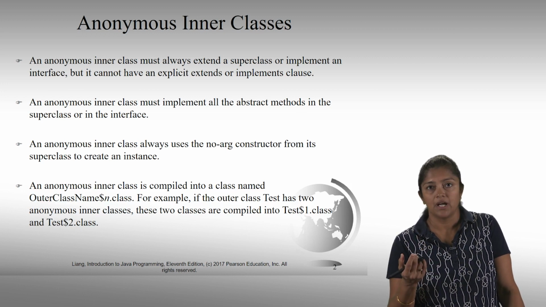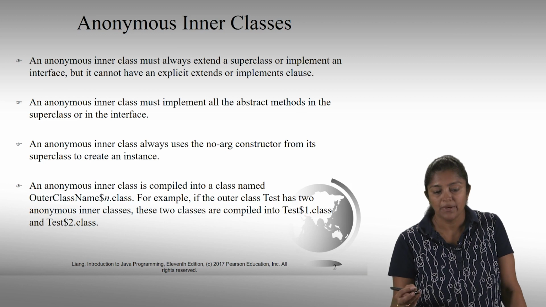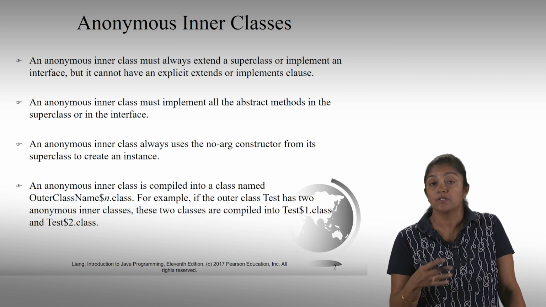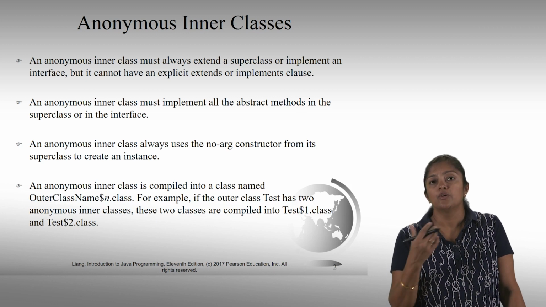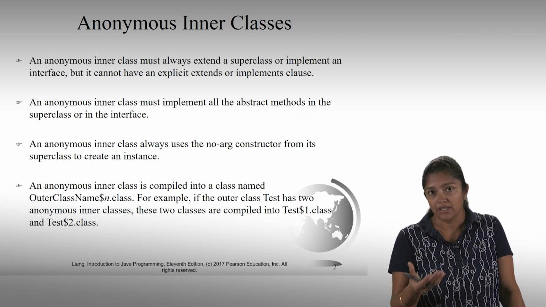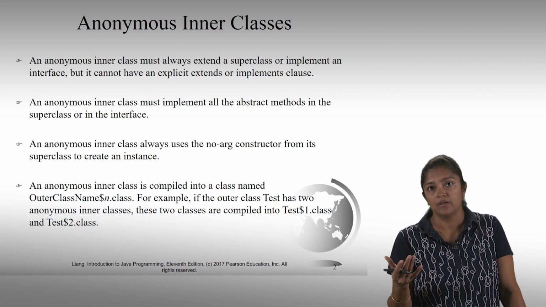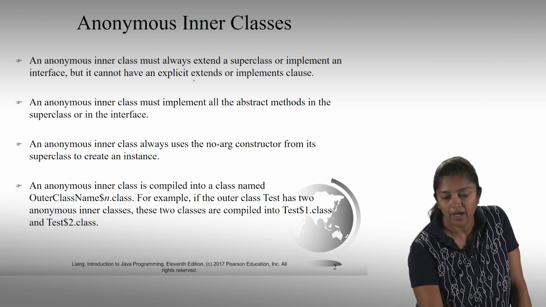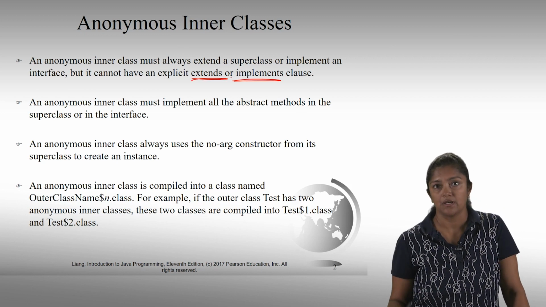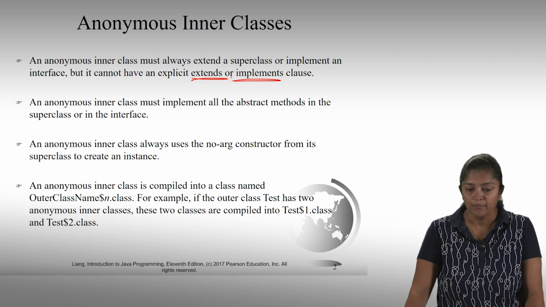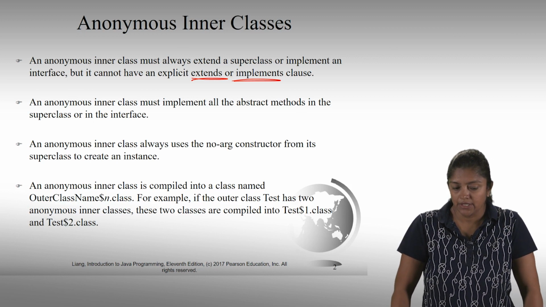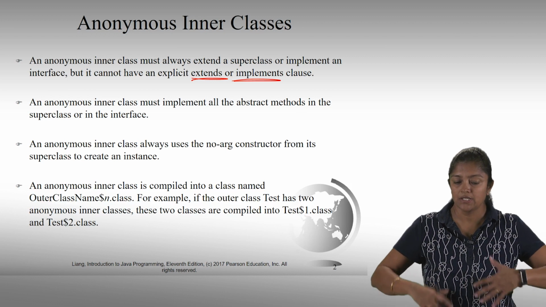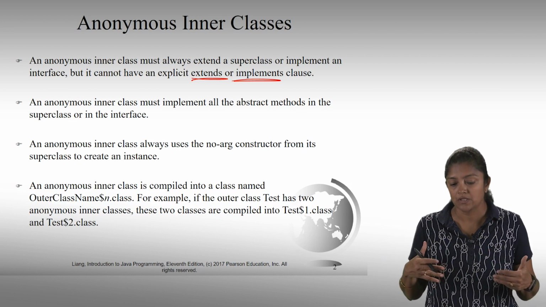specify the keyword class or extends and implements. We assume that it's always going to extend a superclass or implement an interface. So you basically directly provide the name of that superclass or the interface. So you don't have extends, implements clauses specified. I'll show you an example of this, and then when the class is compiled, the anonymous inner class also gets